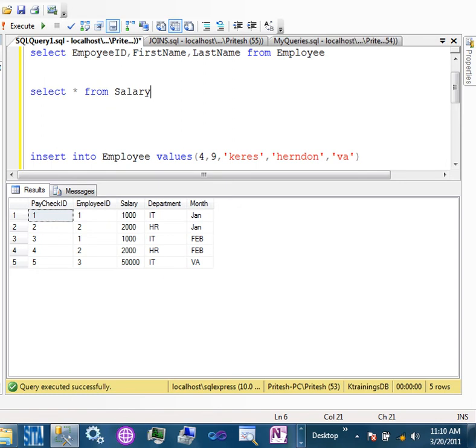So now let's come back to what we want. We are saying: give me the values of department IT. So how do you tell it? Where department